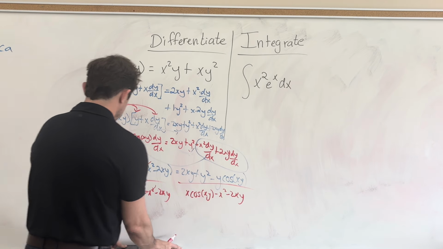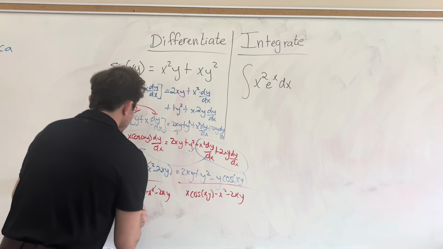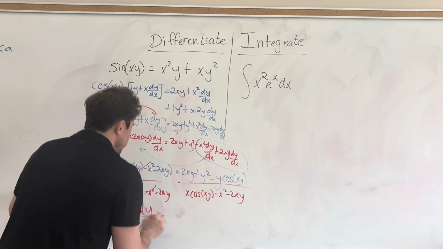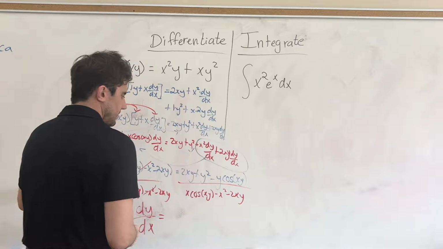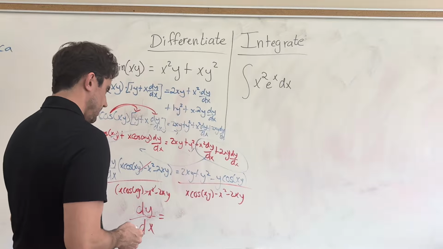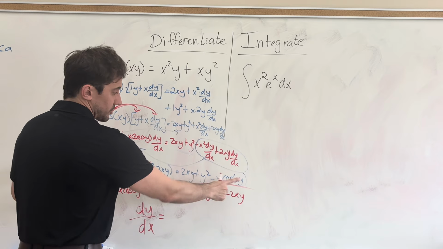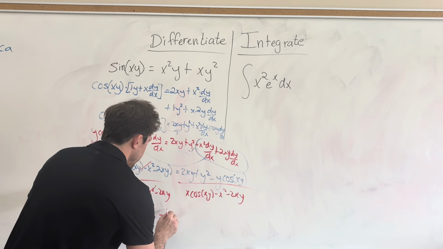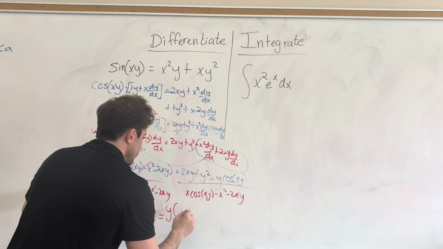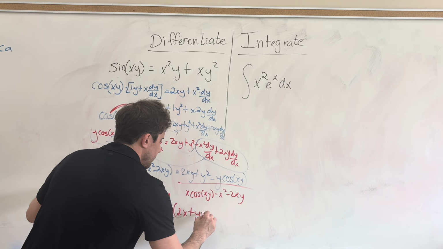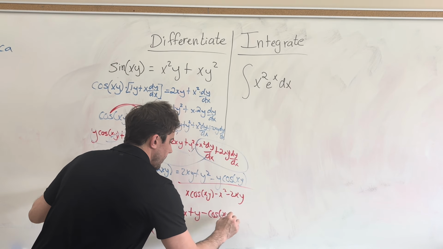And so let's see if I can make some room here. That means that we get an expression for our derivative function, dy dx. Is there anything we can factor? I guess we could factor y out of all three terms on top. So let's do that, simplify it a tiny bit. We'll do y times 2x plus y minus cos of xy